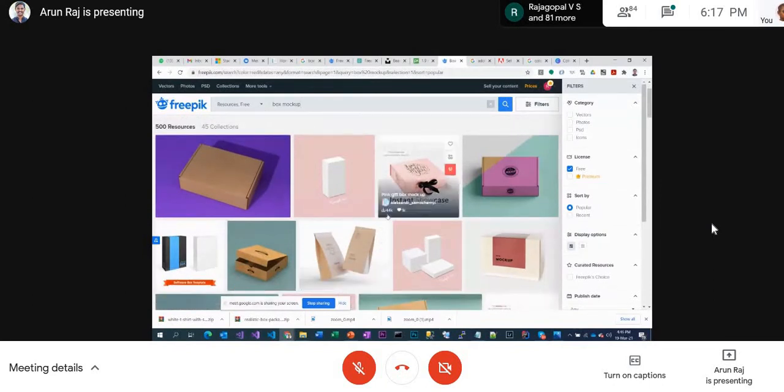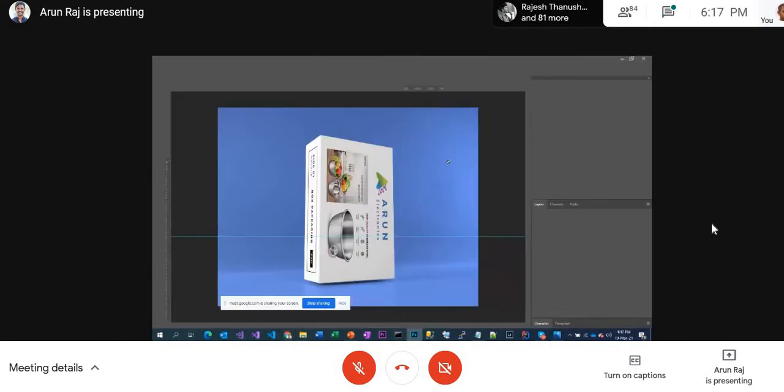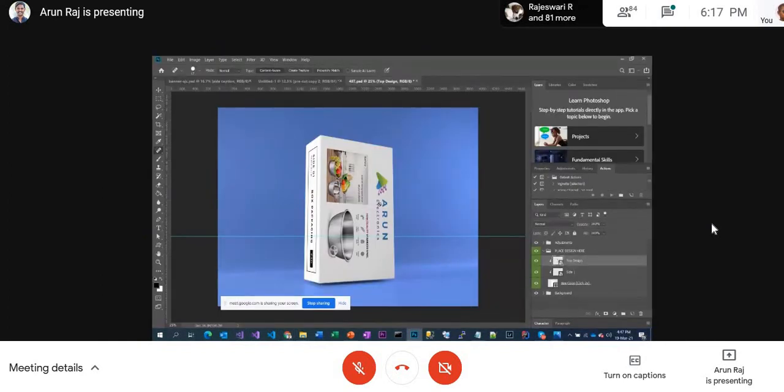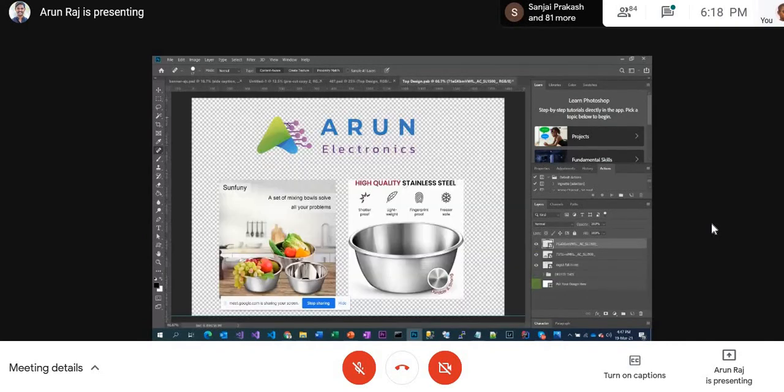You can copy also. But see why I am saying this: a mockup has special characteristics, because it will not come by default. You need to go and find the mockup images. Only a mockup image will be mapped like this. You see here, there is an empty box. On top of that, they made layer 1 for side 1 and layer 2 for side 2, and then they masked it inside the layers, and when you go inside, you have a place to put your design.